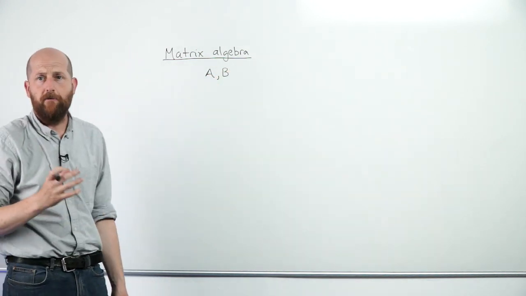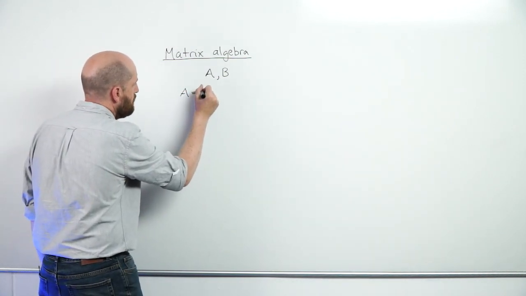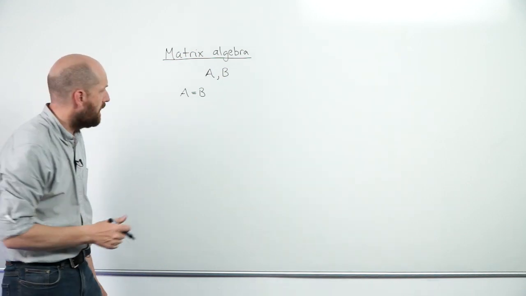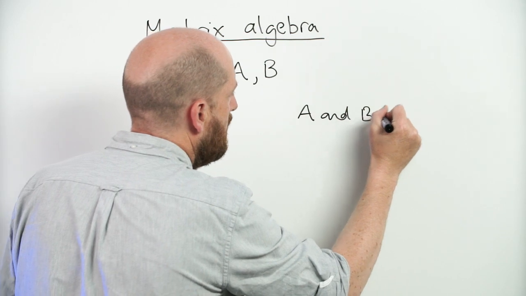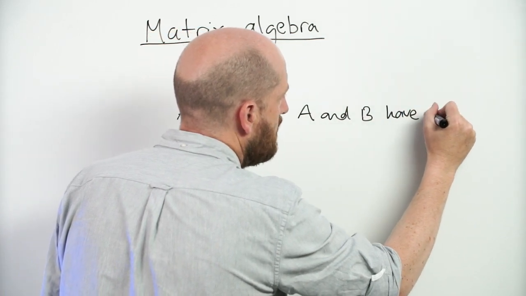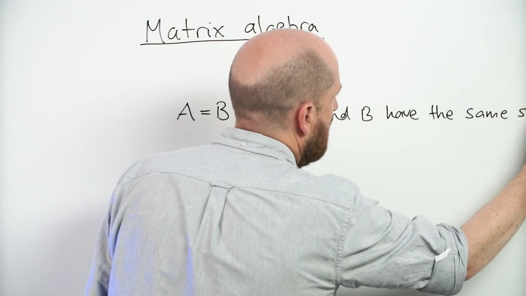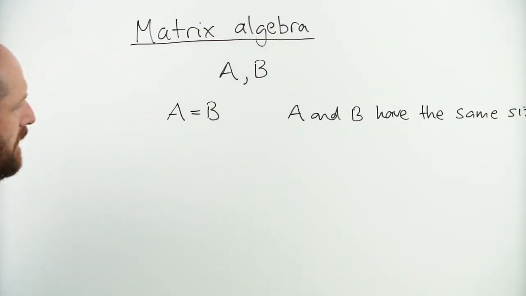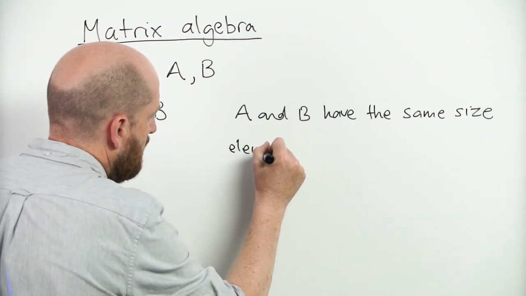what does it mean to say they're equal? So what does it mean when we say A equals B? Well, what this means is, well, two things really. A and B have the same size, i.e. they've got the same number of rows and the same number of columns,